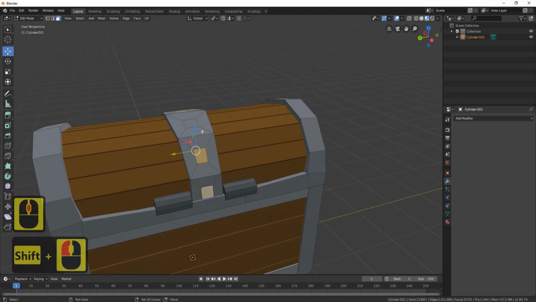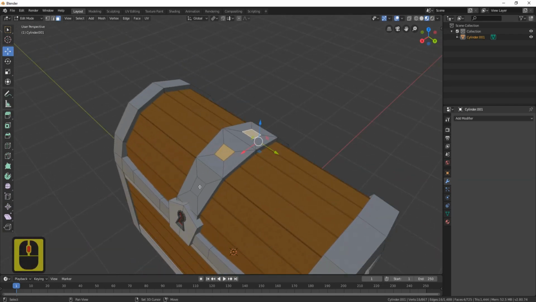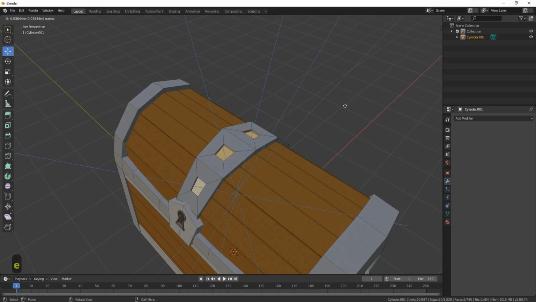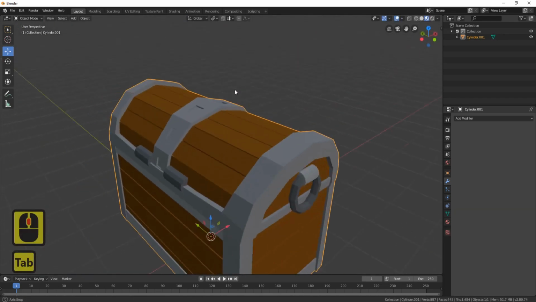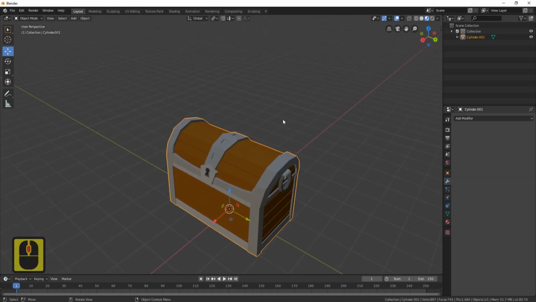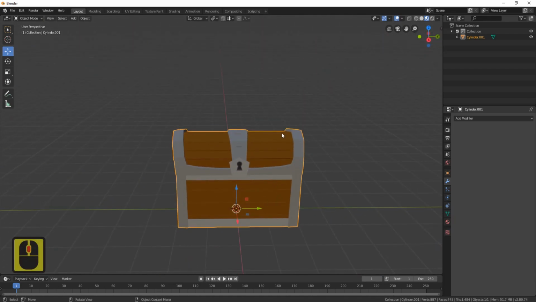And finally what we're going to do is select them all now, press E, and we're just going to bring them in just very slightly. And now there we go. It just adds a bit more something to the chest. So now before we finish, we'll just rename this cylinder to chest,